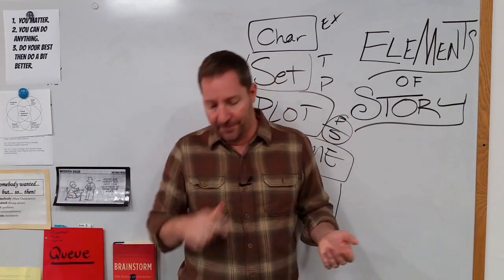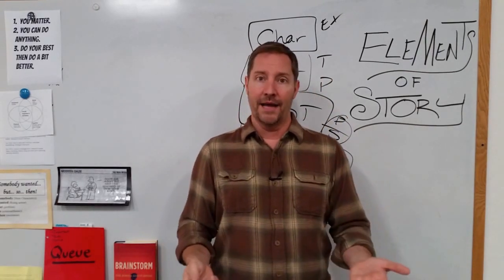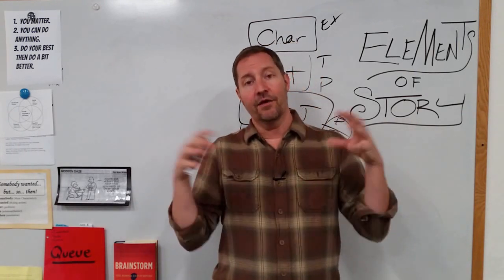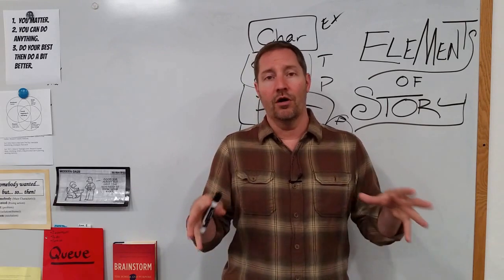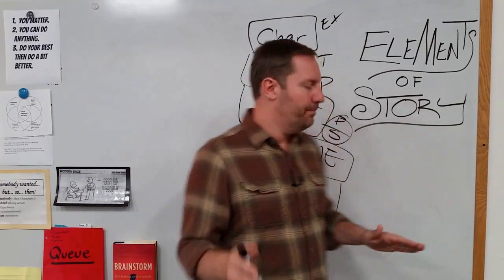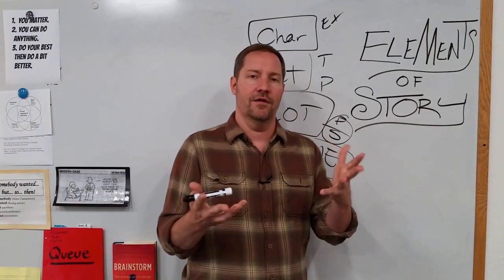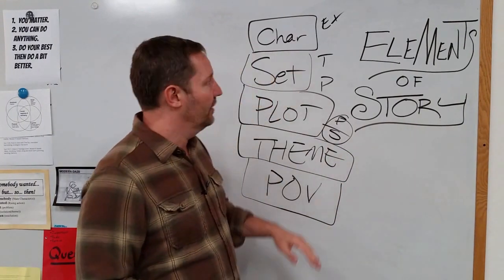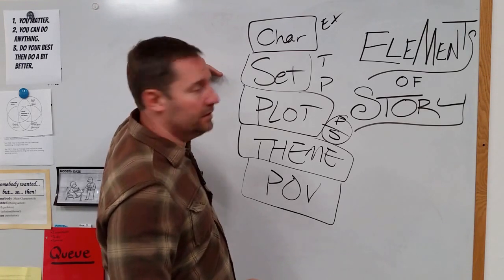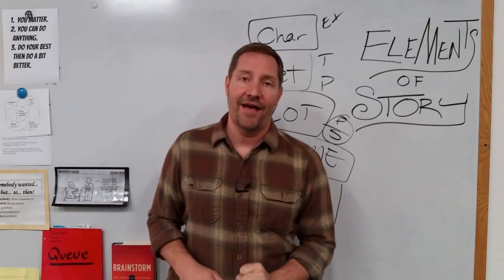Next, the point of view. Who's telling the story? Generally first person, third person. Is it more I'm telling my own story and you're using I statements a lot? Or is it more a narrator that's more all-knowing and is telling the story from that sort of perspective? So point of view is very simple. You just need to pick if you're telling it or somebody else is telling it or a narrator's telling it. That one's really easy. Again, you gotta have characters, a setting, a plot, a theme, a point of view. Now you have elements of story.